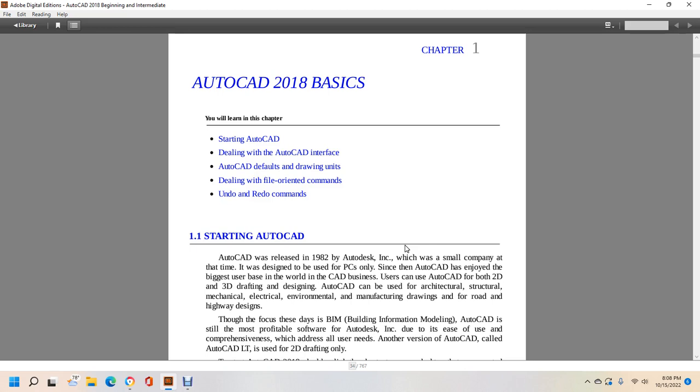AutoCAD was released in 1982. Autodesk Incorporated was a small company at the time, and designed AutoCAD for the PC only. Since then, AutoCAD has enjoyed the biggest user base in the CAD business. Using AutoCAD, you can do both 2D and 3D drafting and design. AutoCAD can be used for architectural, structural, mechanical, electrical, environmental, and manufacturing drawings, and for road and highway